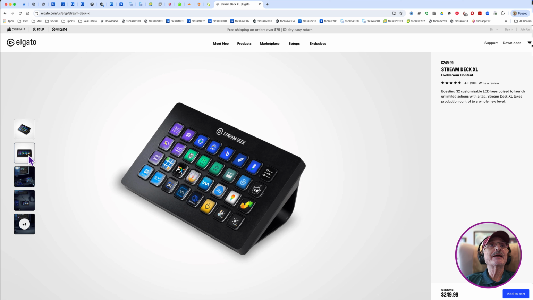Typically, the Streamdeck, and really most of the Streamdeck line of products, connect via USB to either a Windows or a Mac computer. In my case, it's Mac OS, and I'm running the latest release of Sequoia 15 beta. So this particular device connects into one of the Thunderbolt ports on the back of my Mac Studio. And as you can see,